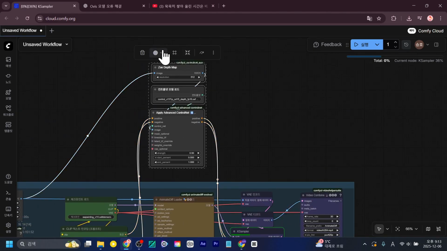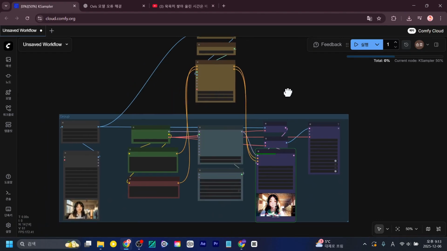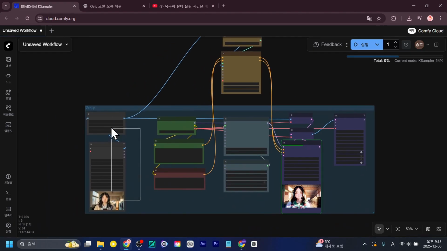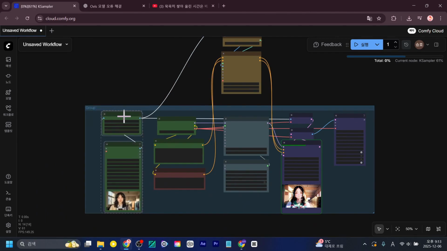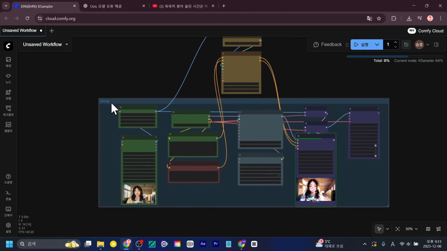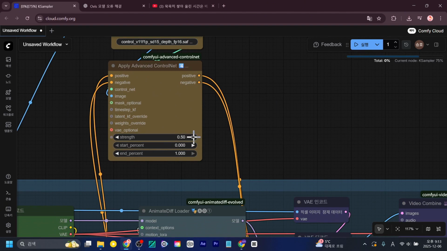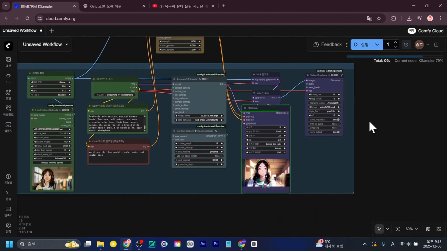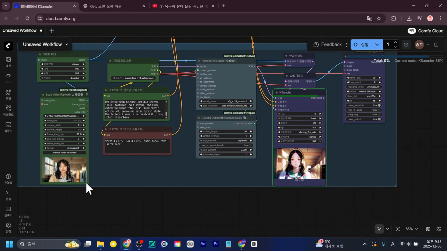The primary controllet will be a vibrant yellow color, and I will use this controllet for the Animate Deformer. Subsequently, I will make all of the previously faded blue input nodes a distinct and easily identifiable green color. Controllet yellow for the Animate Deformer, blue input nodes green. I'll adjust local flows. Since the controllet's weights need to be set, I'll watch the video and decide. Please keep the seed fixed for the animation.